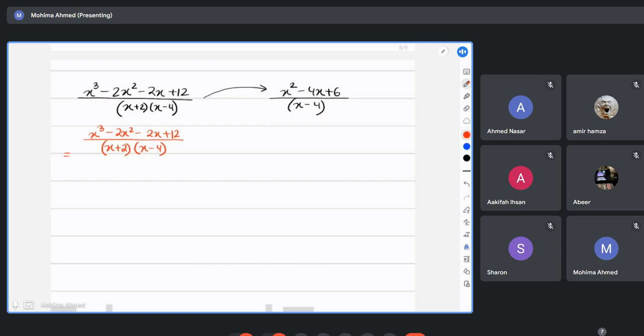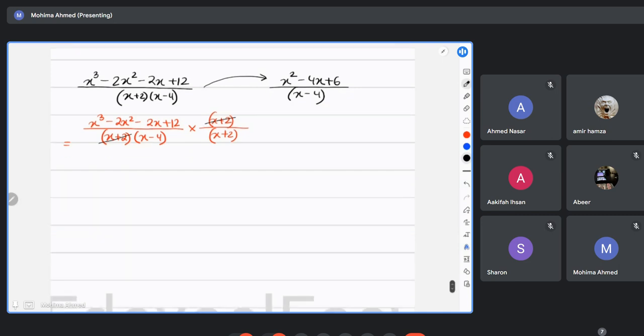If I multiply, for example, x plus 2 and then again divide by x plus 2. Why am I multiplying and dividing it? Because I do not want to change anything from my original equation. Multiplying by the same number and dividing by the same number actually gives you what? 1. And multiplying 1 with anything does not change the base of your equation, right? So I'm not changing the base of my equation, but this will also help me understand that these two will cancel each other out, and at the end, you're going to be left with what?